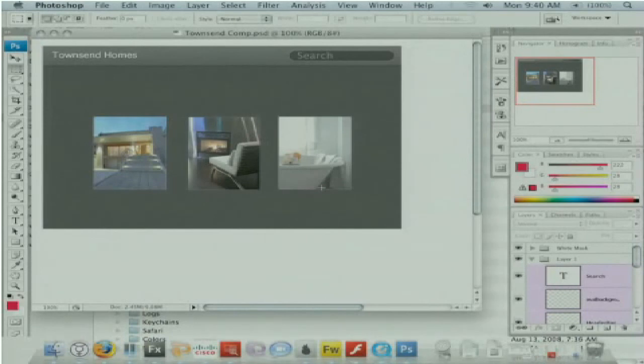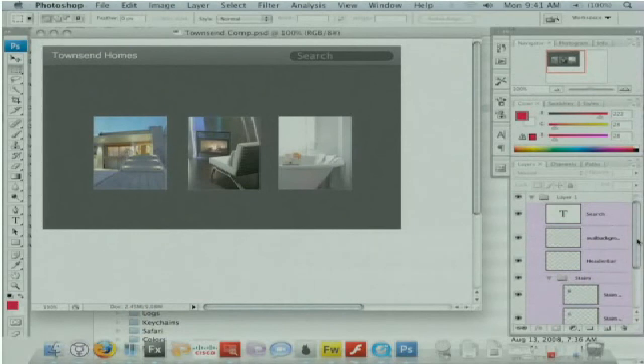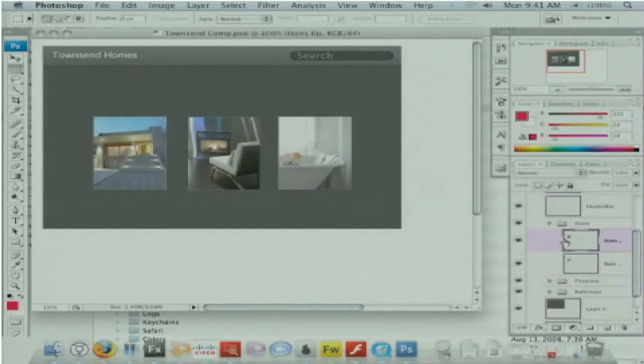So let me show you how Thermo aids in that. So here are the layers, and you can see that there are things like text layers here. One of the things you'll notice is that these are sort of little buttons, and what the designer did was they actually took two images